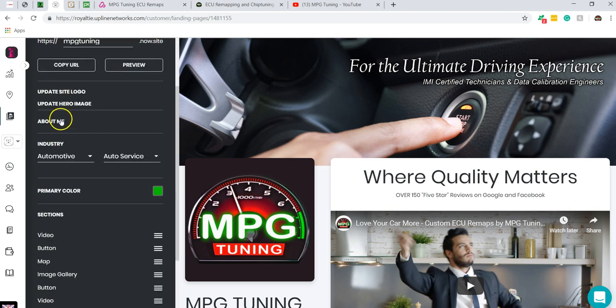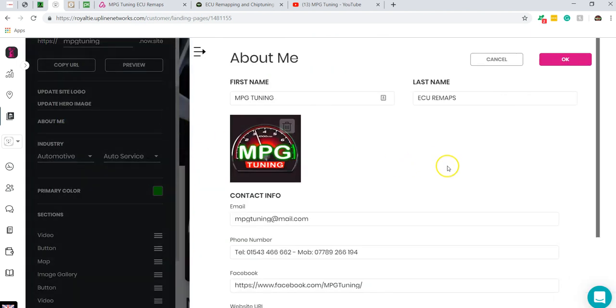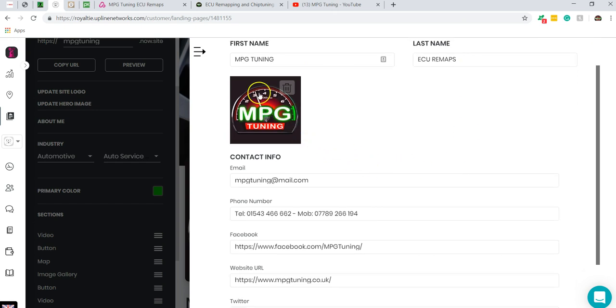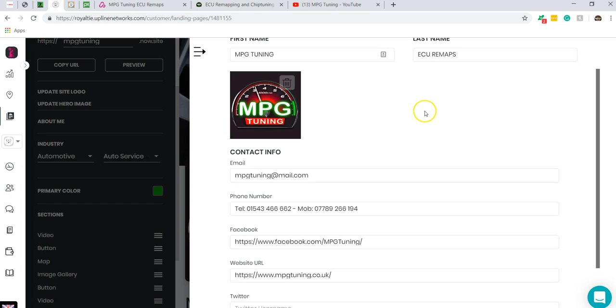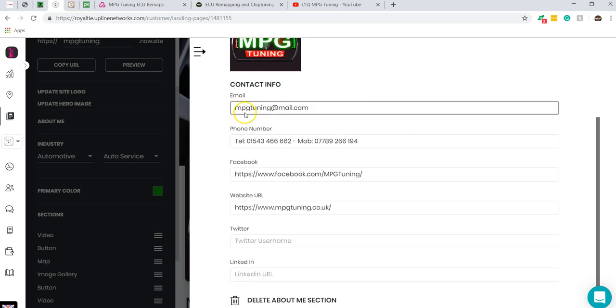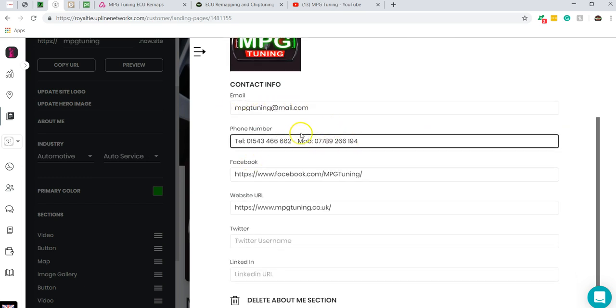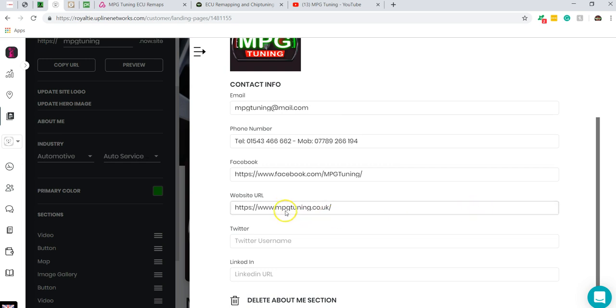Okay, about me, it's this section here, so you put in your details. Obviously if you're promoting yourself, you put your name in there. As it happens, I'm promoting MPG Tuning ECU Remap, so I've used part of it as my first name, part of it is my second name. The logo here, you can alter if you wish to. Contact information, so I've put the email address for the company, obviously my phone numbers, the Facebook page link, and